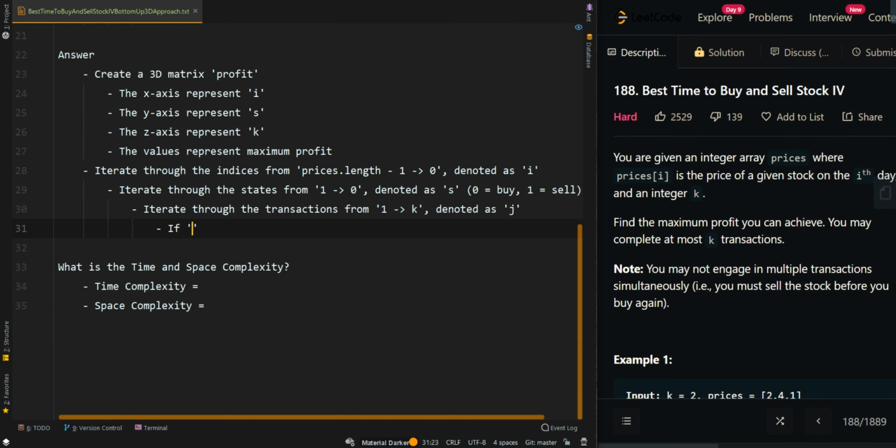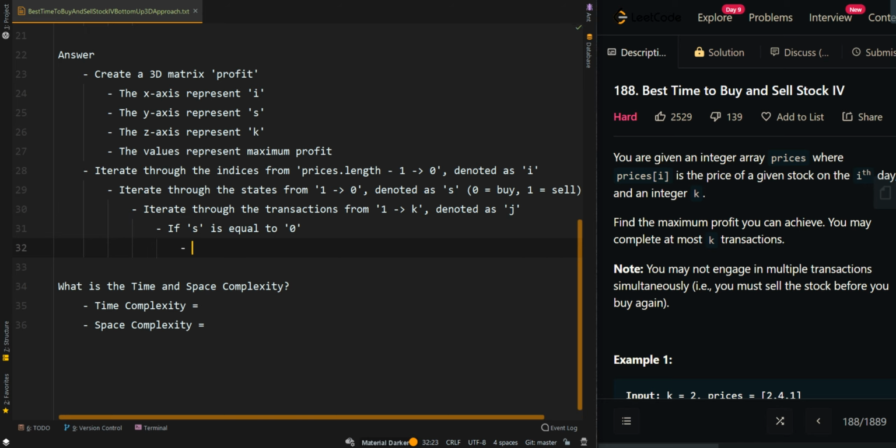Now, if our current state S is equal to 0, we're currently in the buy state. So we have two choices. We can buy at the current price or just skip the current price. And then we want to pick the maximum amount of profit from both choices. So I'm going to set profit[I][S][J] to the larger value